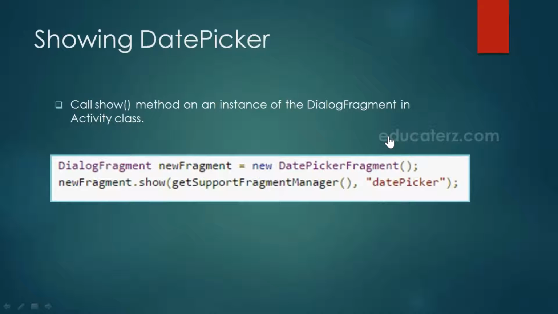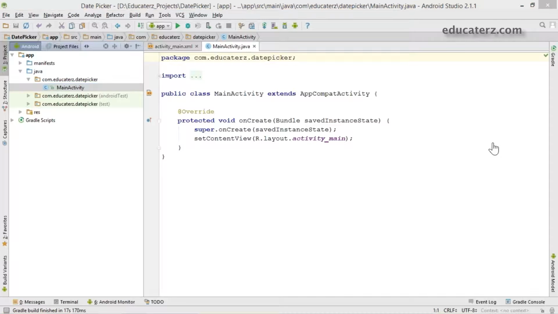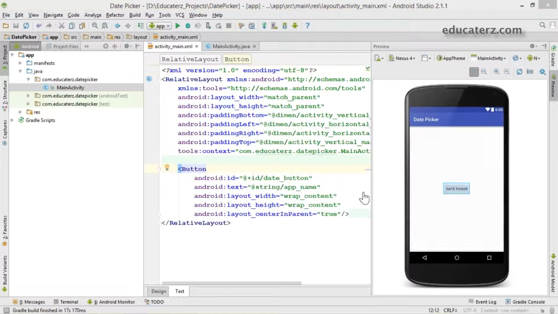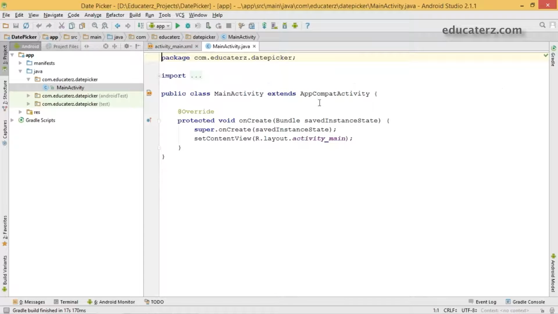Create a project in your Android Studio, name it as date picker dialog. The project has been created just like in the previous session. Create a button to show date picker. So created the button, come back to your main activity as in your previous session. Get your button. I'll say date picker is equals to typecast it to button and use find view by id method, R dot id dot date button, with semicolon, and set the listener for this.